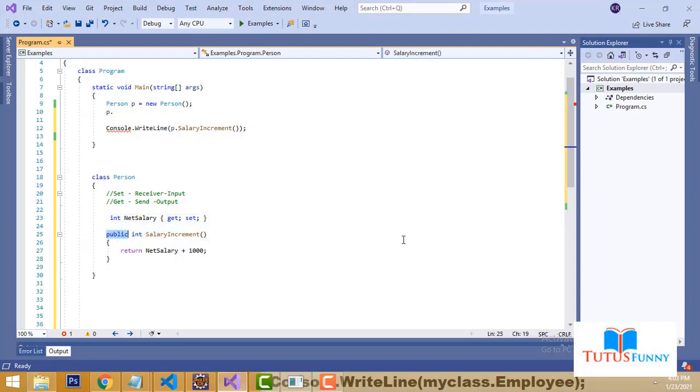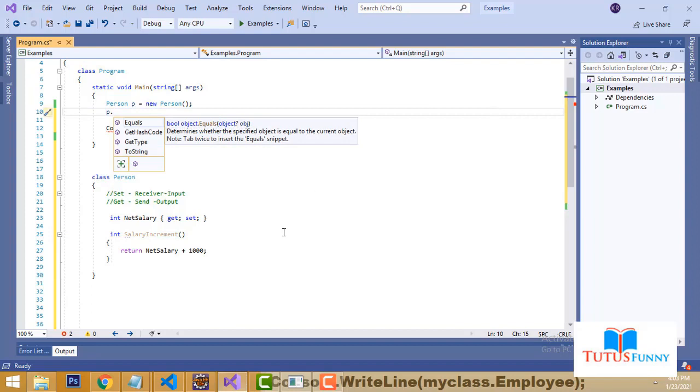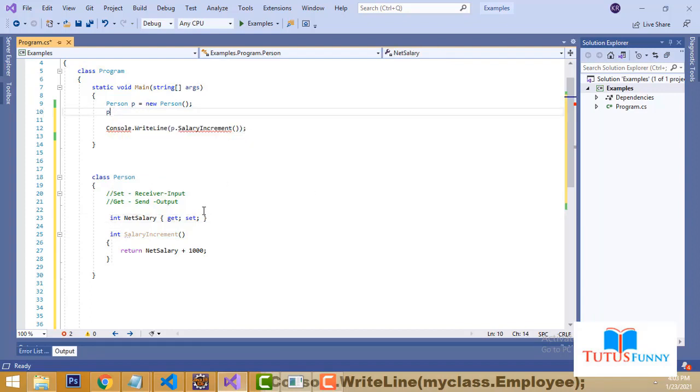So if you remove this one, this method is also private, and you can't get it here. If it is public, you can access it anywhere in the program, right? That is the meaning of public. Public means you can access anywhere.